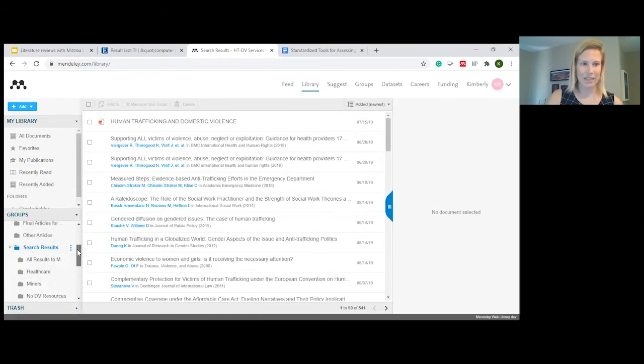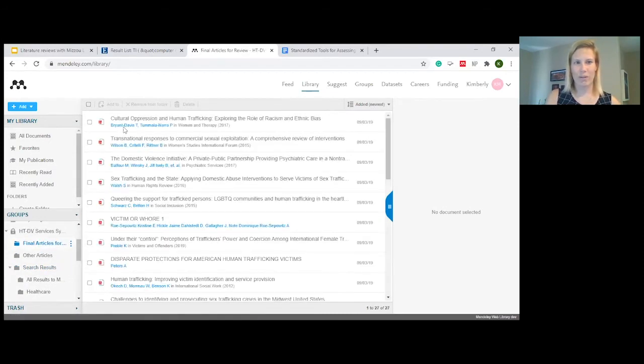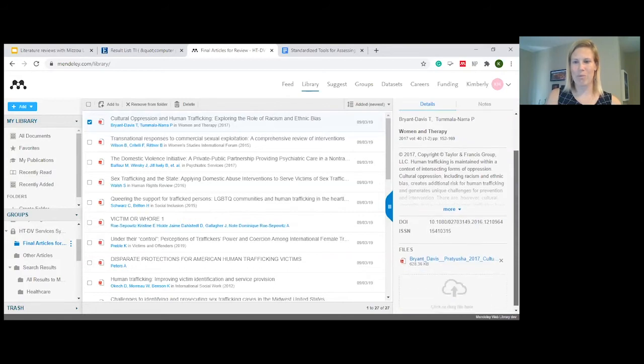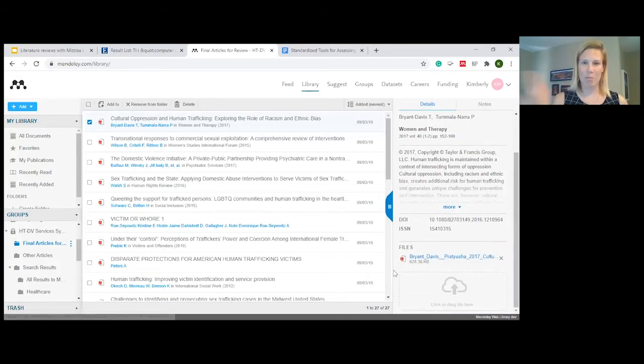You also can see that when we go to final articles, we pulled the PDF. So not only is the citation here, which you can see on the right in the abstract, so we can read through that and get a bit more, but the PDF is there, and if I open up the PDF here, I can edit it and take notes as well. So just knowing this is a tool you have in your back pocket is a really useful thing, because you're paying for it as part of your tuition. I think Mendeley and Zotero are actually free, but you have support for those things through the libraries.